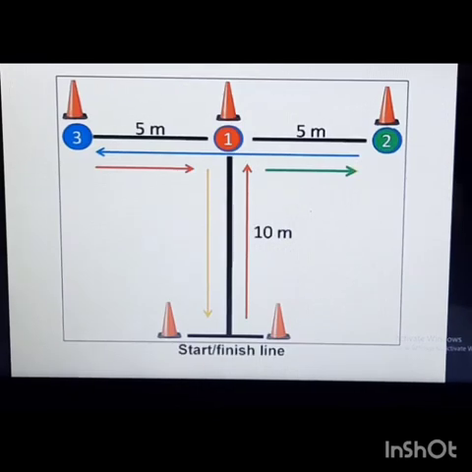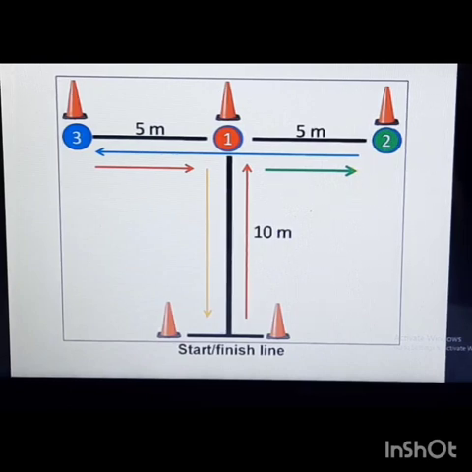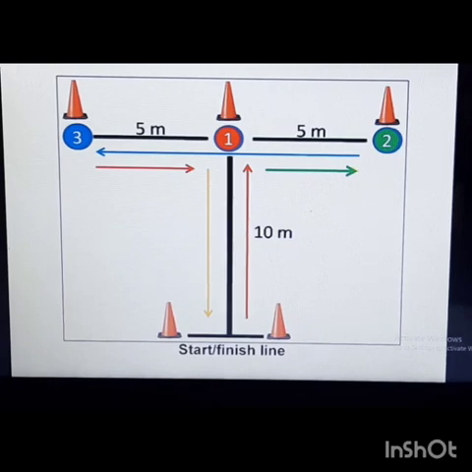So you start off at the start line with the red marker up. You can see it's a 10-meter distance. Start from there, go to the middle and side step. You need to take side steps towards 2, again coming back with side steps towards 3, again returning back to the first one, and back pedal towards the finish line from where he started.